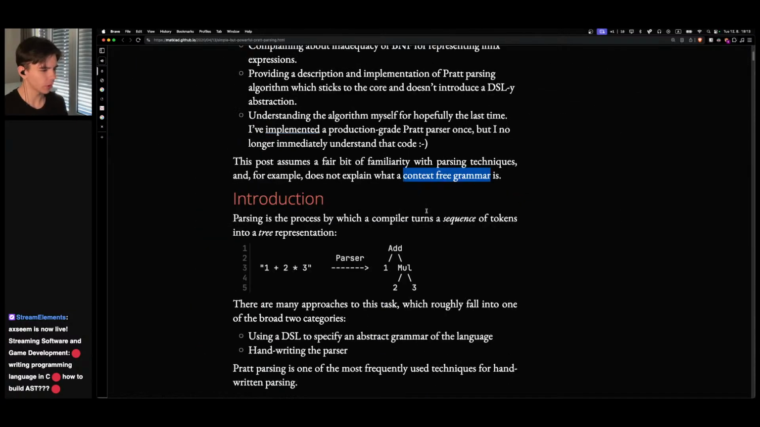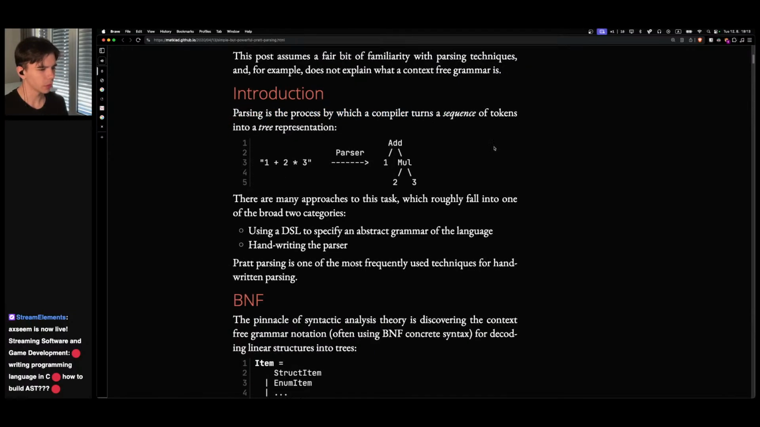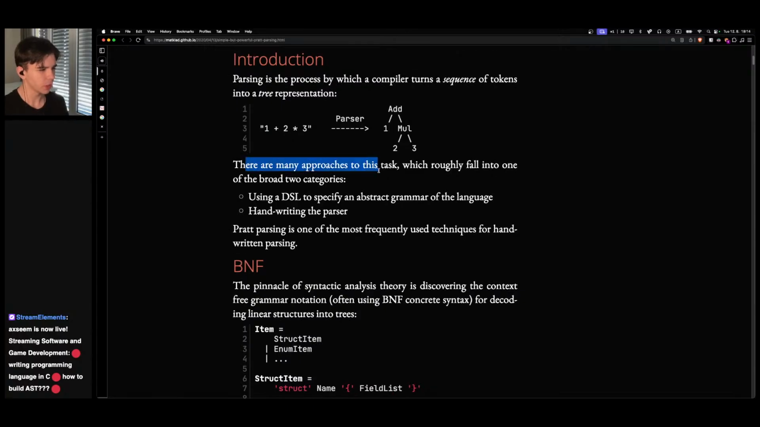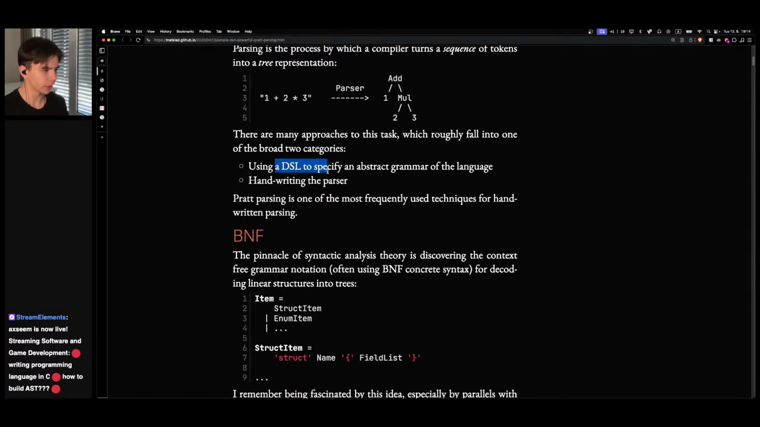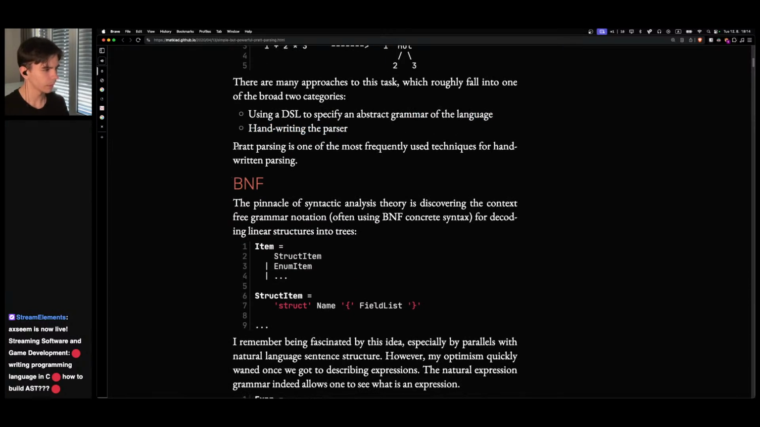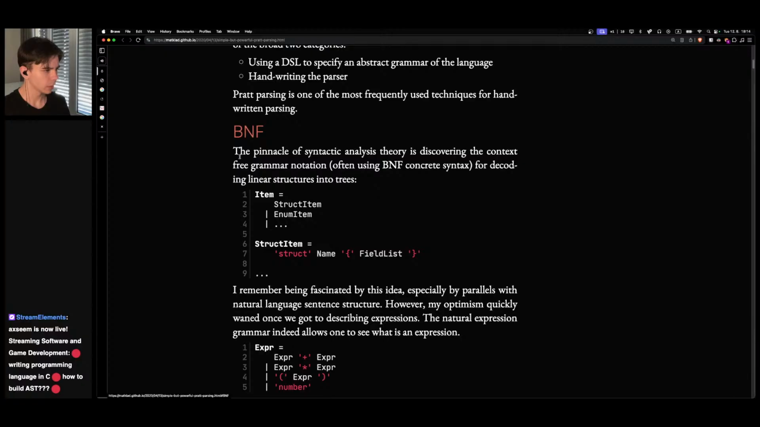Okay, let's keep context-free grammar for now. Parsing is a process by which a compiler turns a sequence of tokens into a tree representation. Yep. There are many approaches to this task, which roughly fall into one of two broad categories: using a DSL to specify an abstract grammar for the language, or handwriting the parser. Yeah, we are choosing the second one. Pratt parsing is one of the most frequently used techniques for handwriting parsers. BNF. The pinnacle of